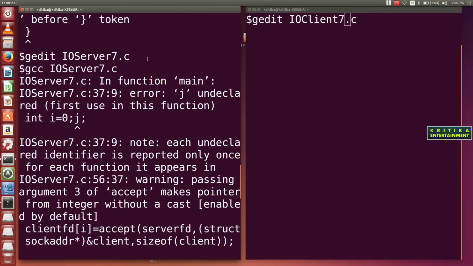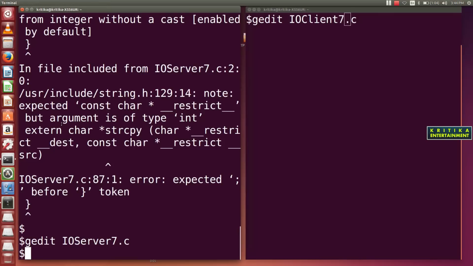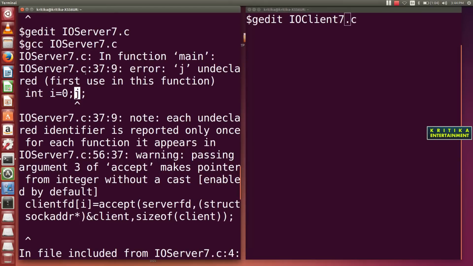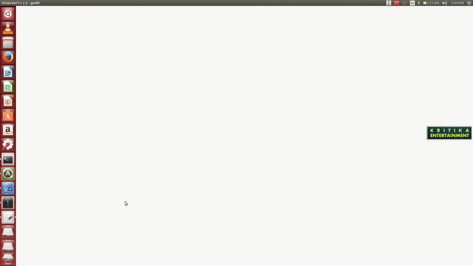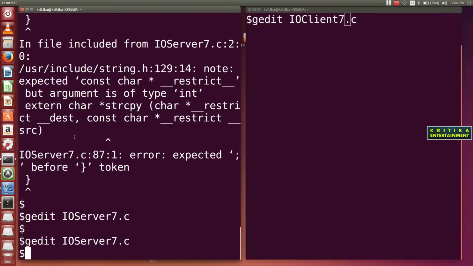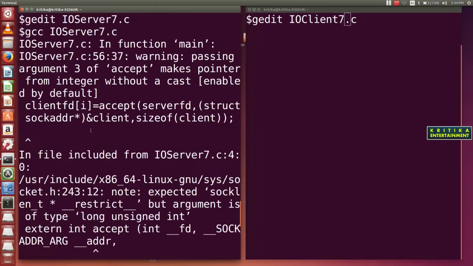So it shows an error at line 7, this error. So I will open line 7. Yes, not line 7, I think it is line 37. Okay, line 37. So I will open this line 37. You remove this and use the comma. Then save this, then compile again. I can find which error remains.